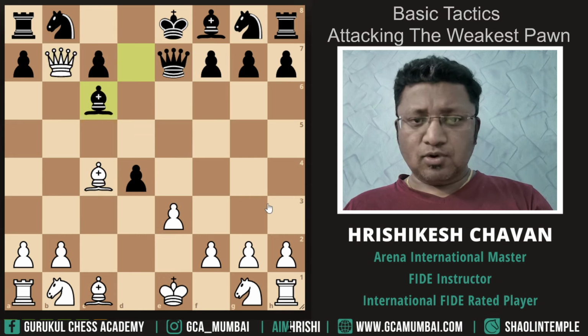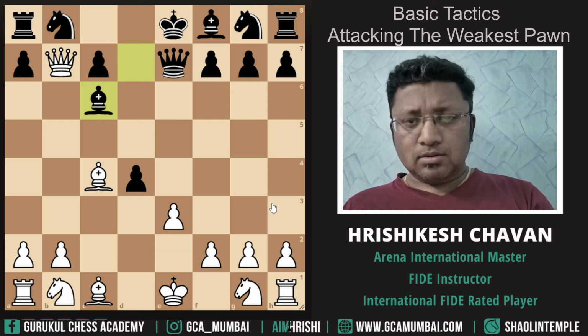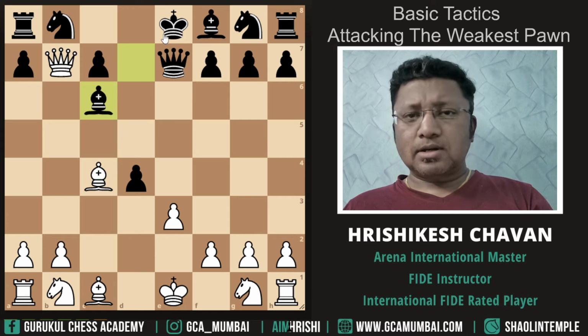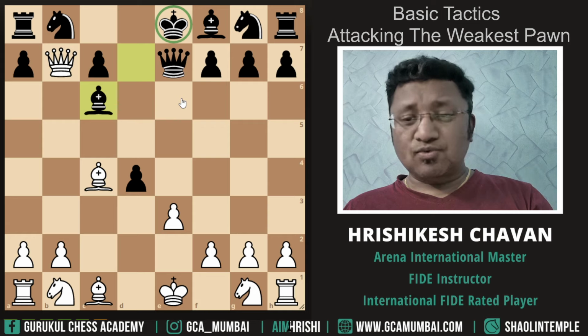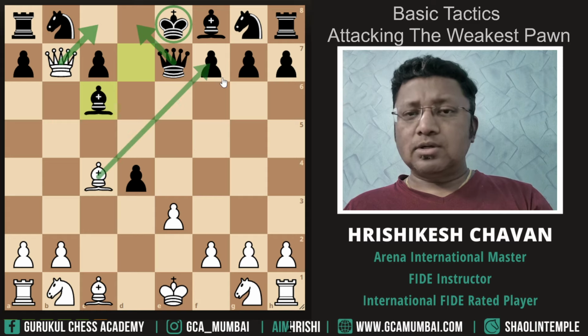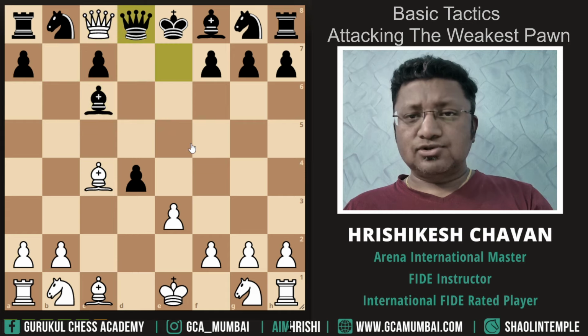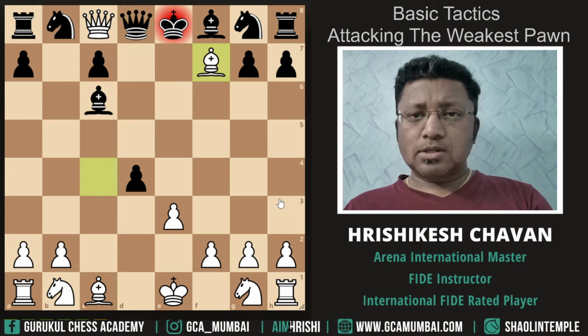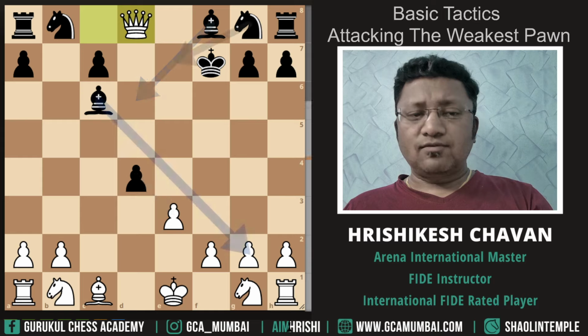Okay, let's see what we have here. Our queen is under attack. This f7 square is also under attack, and the king again has very few squares to move around. So we can play queen c8. He is forced to play queen d8, and then we will use the idea of sacrificing the bishop on f7. Check. Okay, this works nicely. If he captures, we'll pick up the queen for free.